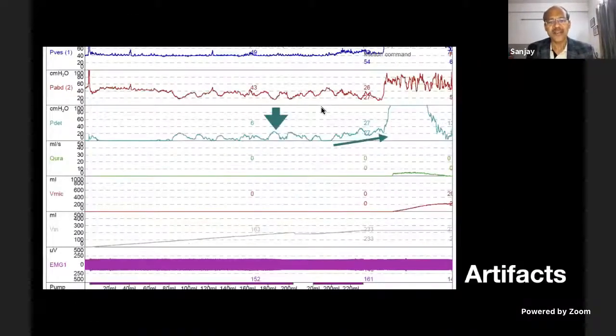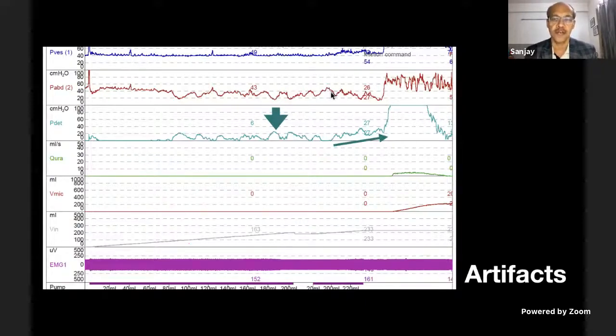Right. Now let's look at some common artifacts. I'm going to show you 4 or 5 different artifacts here. Now, this looks like these are phasic contractions, and we'll come to this in a moment. It seems that the pressures towards the end of filling are rising because this is the P det line. But if you look more carefully at the abdominal line, you find that the abdominal pressure is showing a wavy pattern. Now, if you remember, I told you that P det is derived by a subtraction of P abdomen from